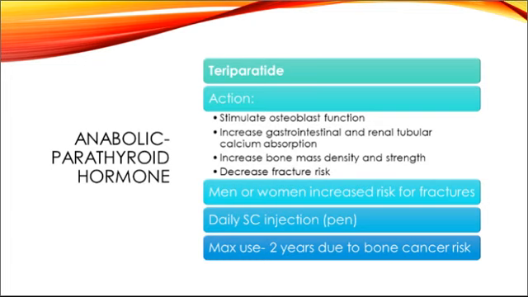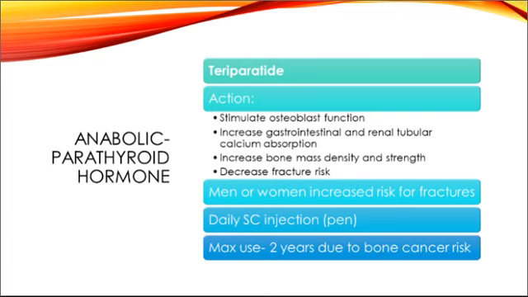Oh, I thought I left this out. I guess I did put it in. I apologize. The parathyroid hormone. I forgot I did put this back in. It's called an anabolic, this parathyroid hormone. Teriparatide is the only parathyroid hormone that is FDA approved at this time for the management of osteoporosis. It's in your drug handbook on page 1125.